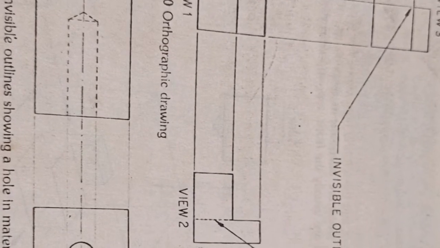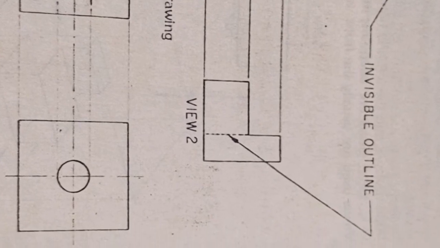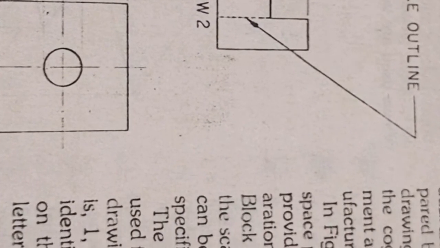The three view orthographic drawing of the object is described in this figure. It is accomplished as shown in the figure which I am giving you. Which I have given now, it is not included in standard drawings. Invisible outlines are also used to show a hole inside an object. This is illustrated in this figure.